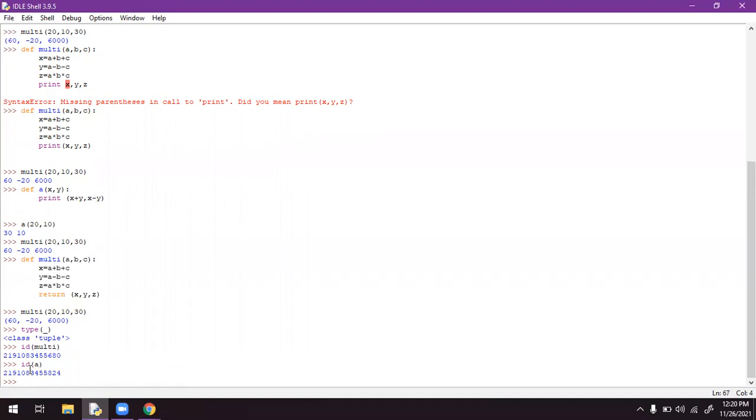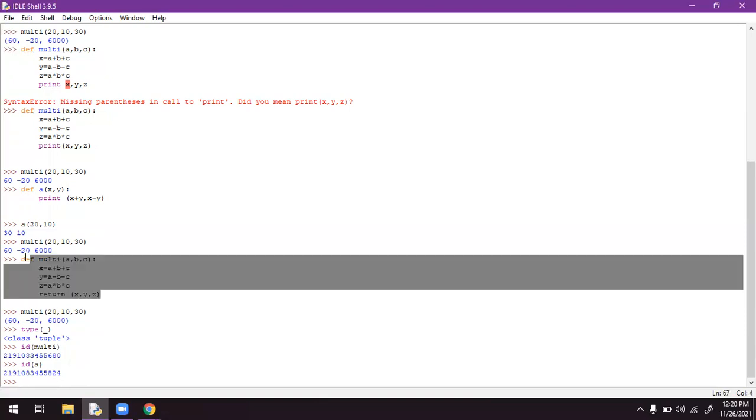We got an id, and this id will not change. If you make any changes in the program, it will change. Until and unless you modify that program, the id will remain the same.